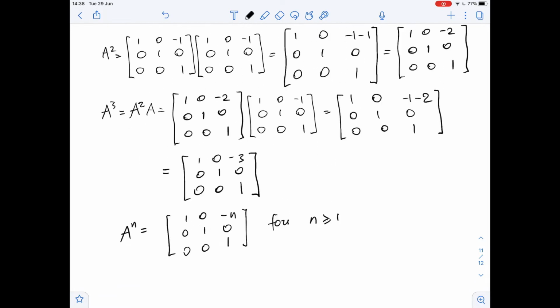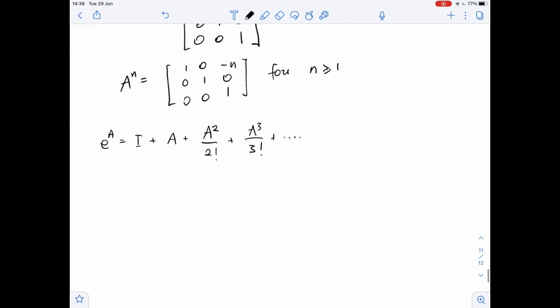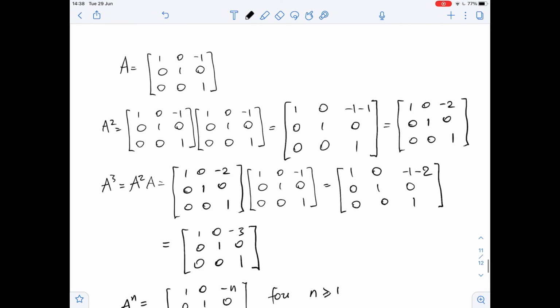Now, by the definition of the matrix exponential, e to the power of A equals identity matrix plus A plus A squared over 2 factorial plus A cubed over 3 factorial, and so on. So now let's substitute our matrices for A. We will get identity matrix 1, 0, 0, 0, 1, 0, 0, 0, 1 plus matrix A. Let me copy paste it. Matrix A